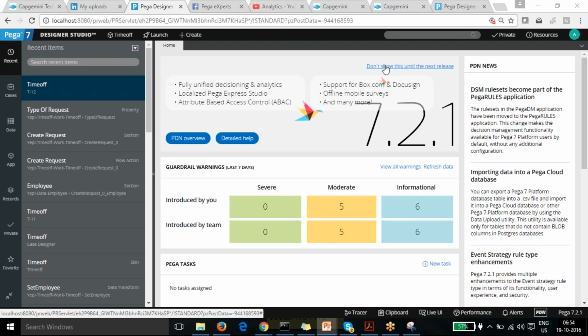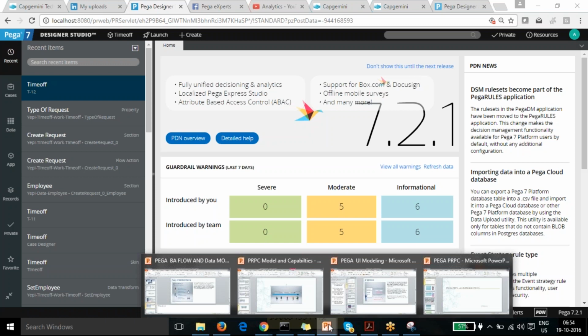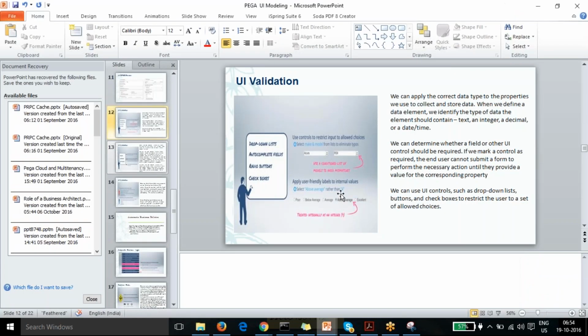Just like if you need the field to be numeric, the field to be text, or if you are applying for leave, you should have the leave available, so you cannot apply for more leave than is available. So all these things we need to put validation business rules around to support that. That is what we are going to see today. What are the different concepts related to validations?